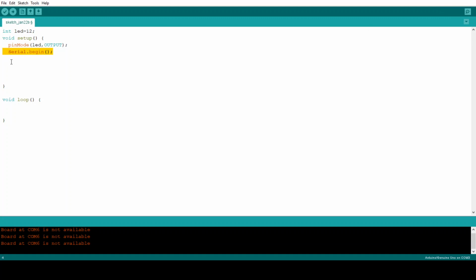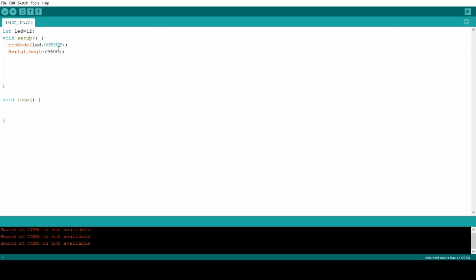This line is used to show the serial monitor. So Serial.begin(9600). This 9600 is the baud rate. Whatever baud rate you put here, the same baud rate must also be set in the serial monitor. If the code has one baud rate and the serial monitor has some other baud rate, no data is shown.